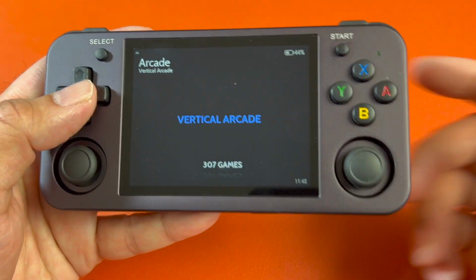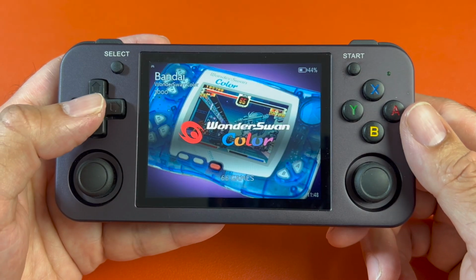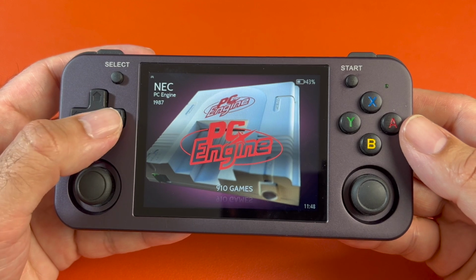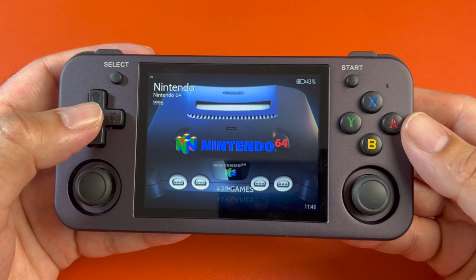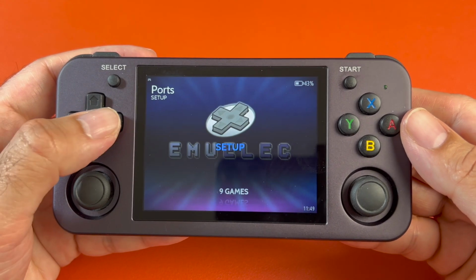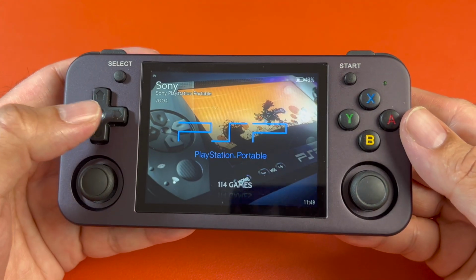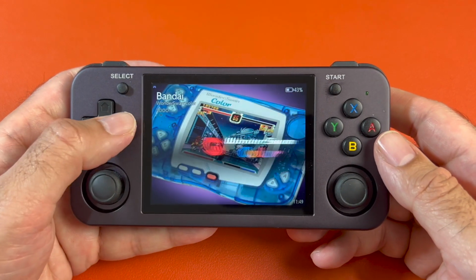We've got vertical arcade games, Mame, Final Burn Neo, WonderSwan Color, Capcom Play System 1, CPS II, CPS III, MSX, PC Engine, NES Original, Game Boy Original, SNES, N64, Game Boy Color, Game Boy Advance, NDS, Beats of Rage, Ports, Setup, Master System, Mega Drive, Game Gear, Dreamcast, Neo Geo, Neo Geo Pocket, PlayStation, PlayStation Portable, and then we're back to all games. So a massive library of games ready to be played, and I can't wait to put this thing